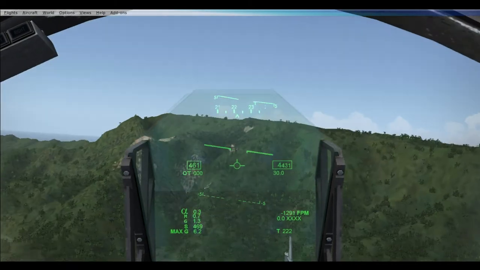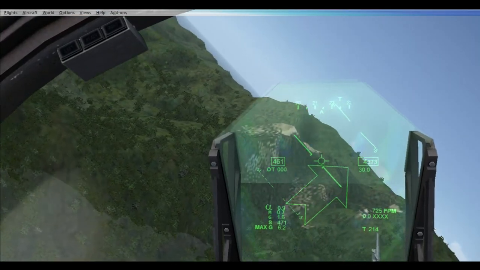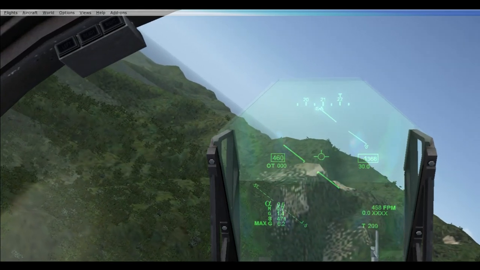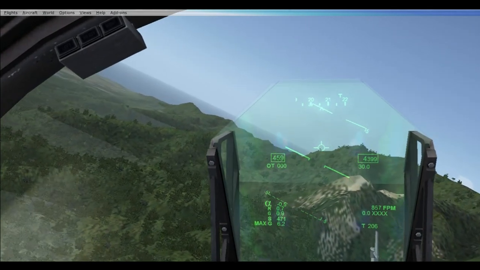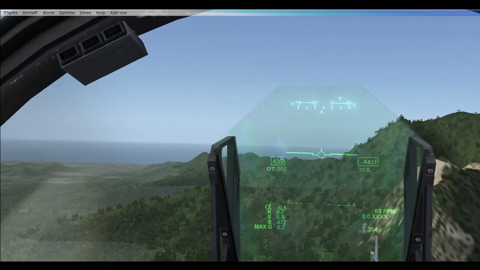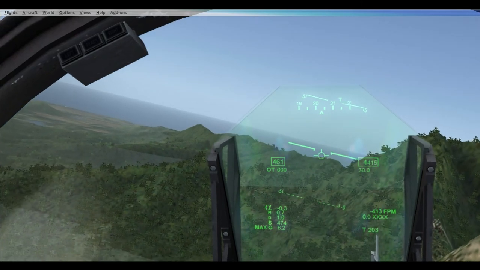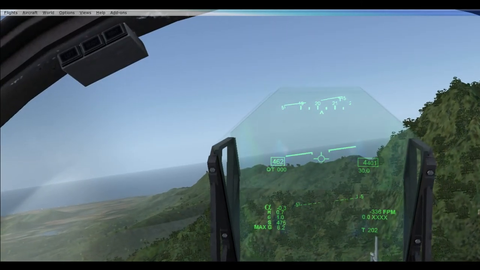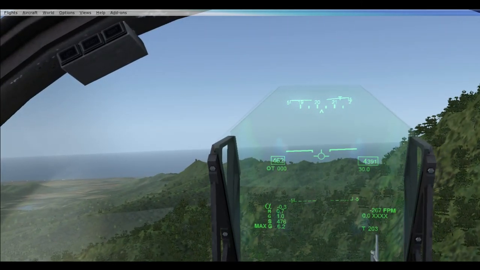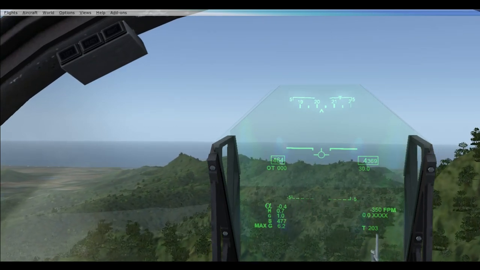Here, my altitude hold mode is on, so the plane will not really go as expected. I'll just follow the outside layer of the mountain, outside face of the mountain. And you can see it's full of trees. Of course, this is, as I said, it's not the real Hawaii. I don't have the scenery for it, so